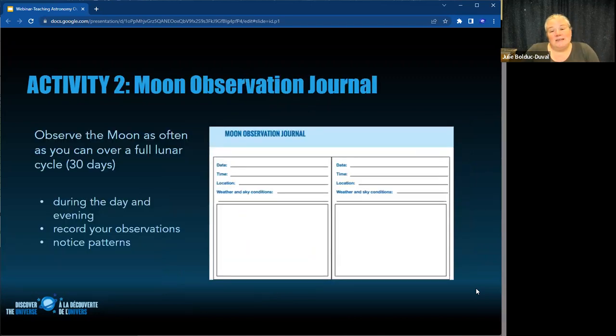So activity 2 is about the moon. Observing the moon as often as you can over a full lunar cycle, so about 30 days, is always very interesting. You don't even need to fully explain the phases of the moon for students to really learn about how it changes. Depending on the level of your students, the first step is